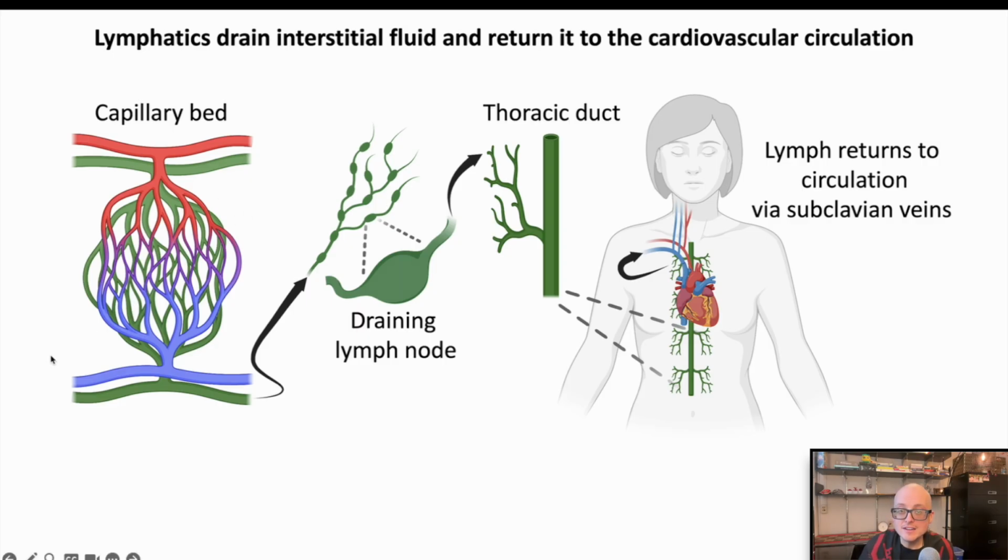And these lymphatic vessels themselves are also fenestrated, and fluid, instead of coming out of them, actually flows into them within the tissue. So interstitial fluid drains into the small lymphatic vessels in tissues near capillaries and flows through larger lymphatic vessels